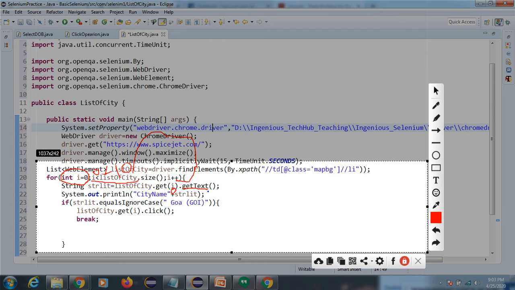It represents the string format, but this is not toString, it is getText, which means whatever element is there, it will return as a text value, and the return type is String. So what is the 0 value? You can consider this is your Bangalore. Now again it will display here, and again it will check this condition.